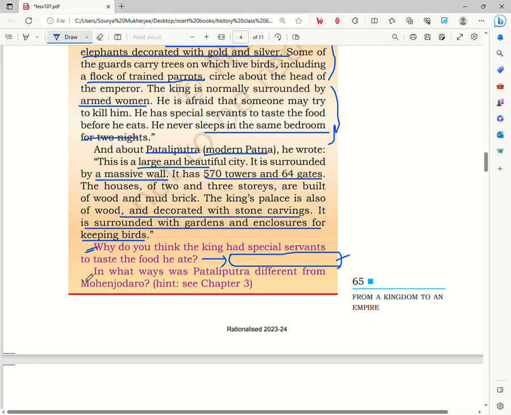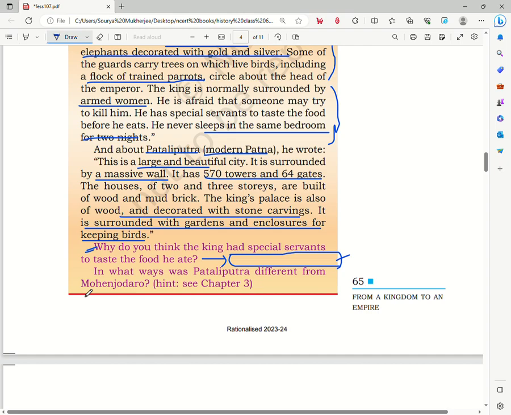And for the next question, Pataliputra was different from Mohenjo-daro because, first of all, Pataliputra was a city of a later date, and Mohenjo-daro was from the time of Indus Valley civilization. And then we see that there are much taller walls around the city, and it was a lot bigger and fortified with a lot of towers and more gates. And also the houses that we see are more complex as compared to Mohenjo-daro. So in that way,